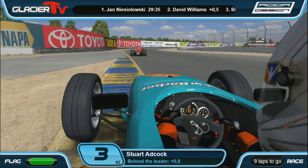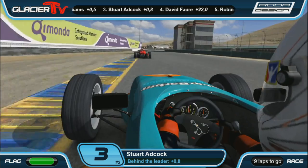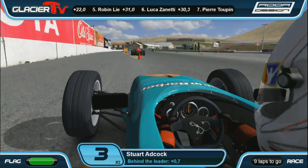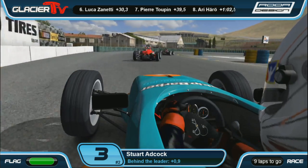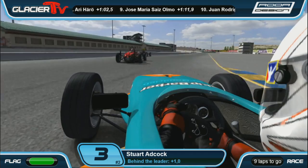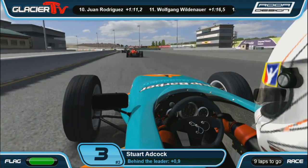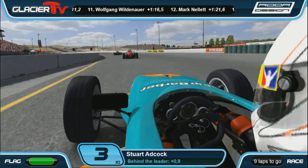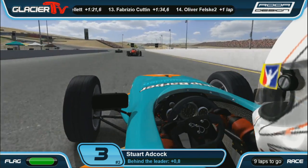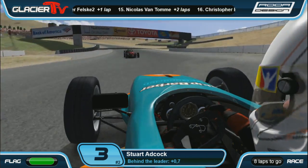I'm pretty sure that David Williams has been pushing his rears quite hard for a long amount of the race, as we just see Adcock tapping it on the grass and going very sideways here, still holding the car on track. These guys are always making these little mistakes, and usually you expect someone who's not doing that many mistakes. So Jan Niezlowski almost mistake-free so far. You expect him to run away, but so far, even with the mistakes, Williams and Adcock are just at his